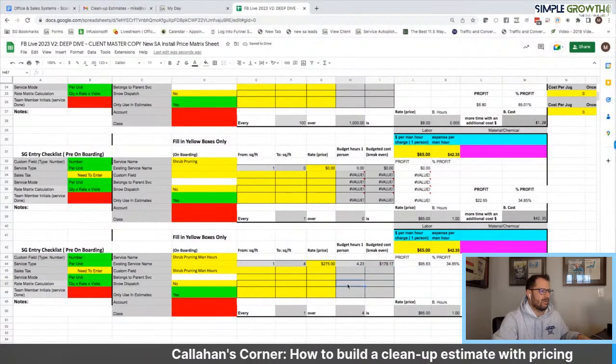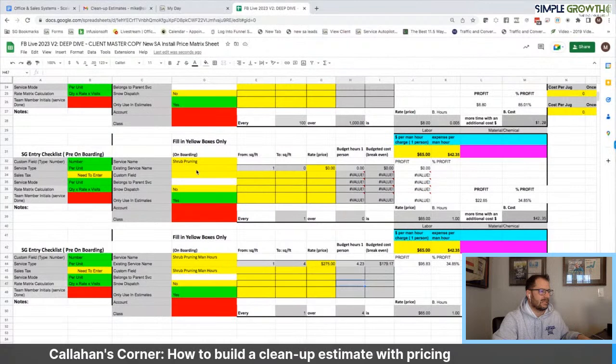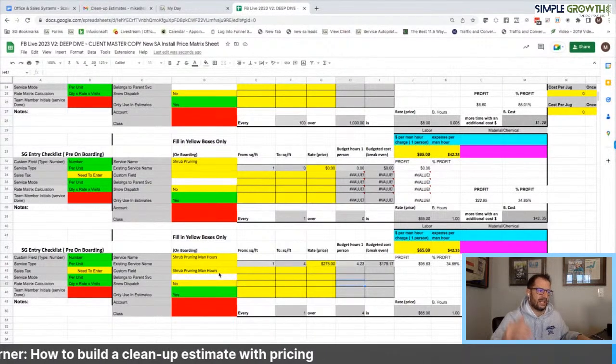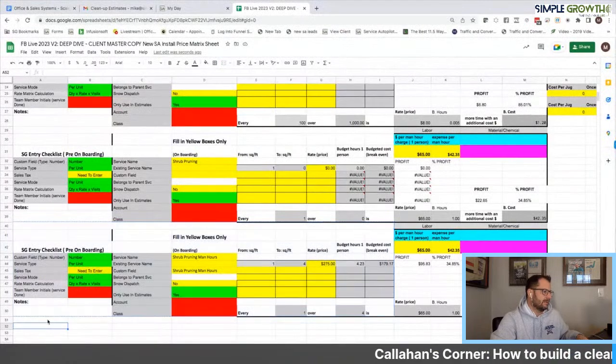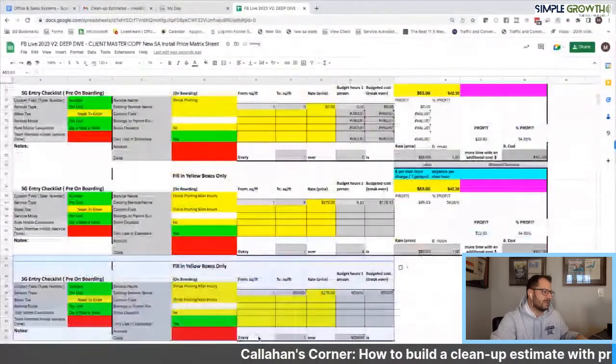So we're going to base that shrub pruning on the shrub pruning man hours. And that's going to be a subservice of that. Now that's where we could also break in our small, medium, and large shrubs. So Angie's final question here, and I'm just going to copy and paste this for speed, is we're going to build out,